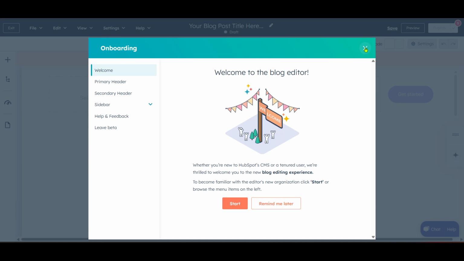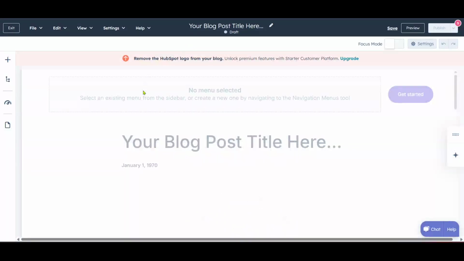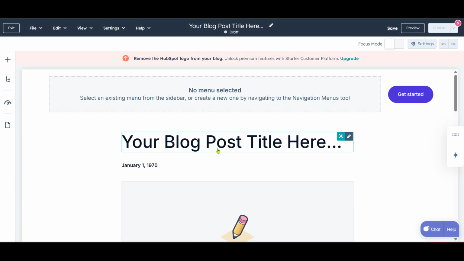And there you have it, the essential steps to posting a blog on HubSpot. Once you've completed these steps, you'll be all set to start writing and eventually publishing powerful content that will engage and inform your audience. Remember, a well-crafted blog post can significantly enhance your online presence, so take your time and